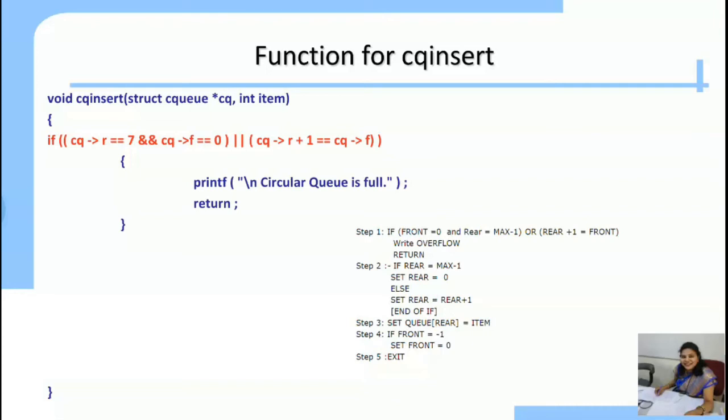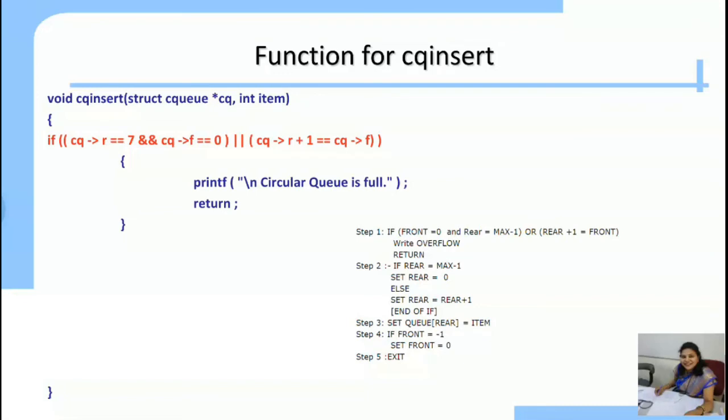So if rear is equal to 7 and front is equal to 0, or the second condition is what? Rear plus 1 is equal to F. So we are writing CQ of rear plus 1 is equal to CQ of F. If any one condition among these is true, then we write the circular queue is full, so we cannot perform insert operation. Or you can write circular queue overflow and return.